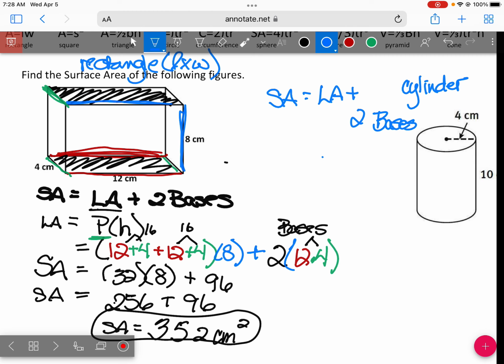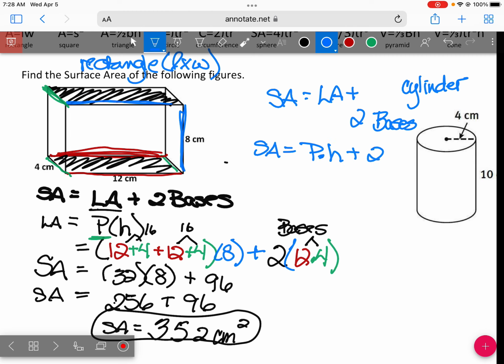And the perimeter of that rectangle happens to be the circumference around the top of that circle. Okay? So, lateral area for the surface area is going to be the perimeter. That's what P, capital P stands for, perimeter times the height